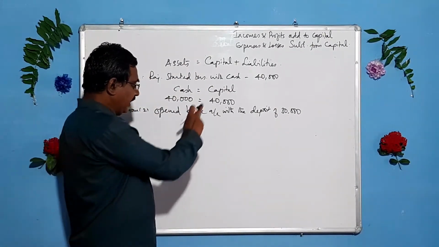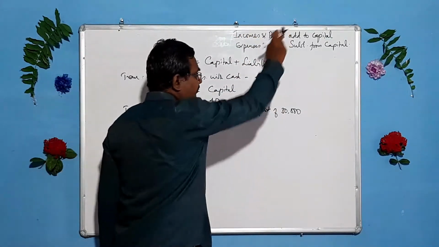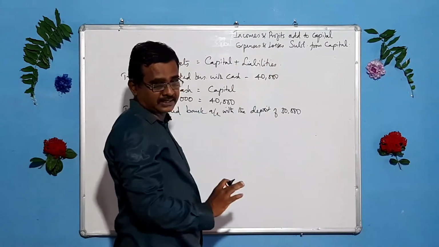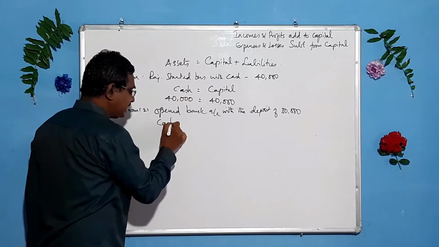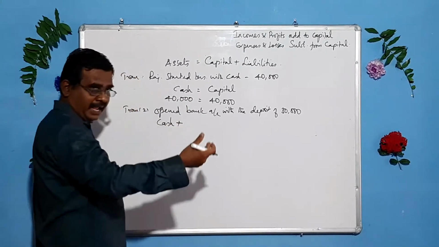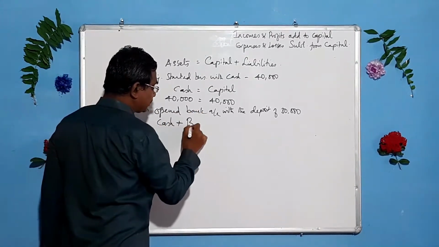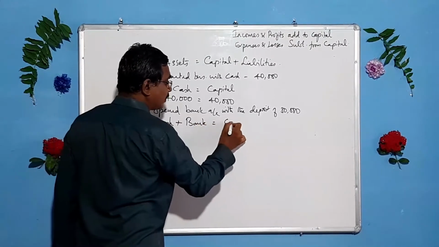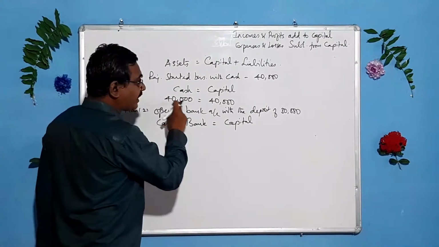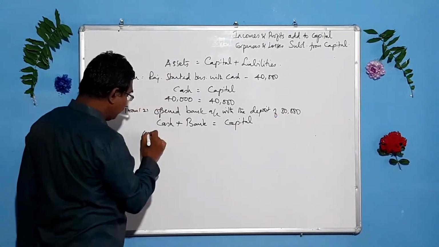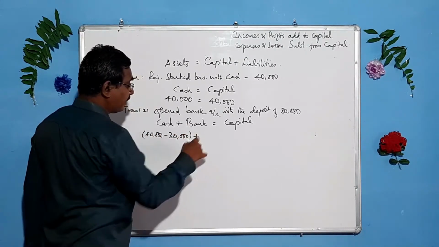It means there will not be any change in the capital because there is no income, there is no profit, there is no expense, there is no loss. We take amount from cash, so cash is affected. Now, the amount deposited in a bank is also an asset that comes into the business. So, cash plus bank is equal to capital. We have framed the equation, and from 40,000, 30,000 is taken. So, cash 40,000 minus 30,000, plus